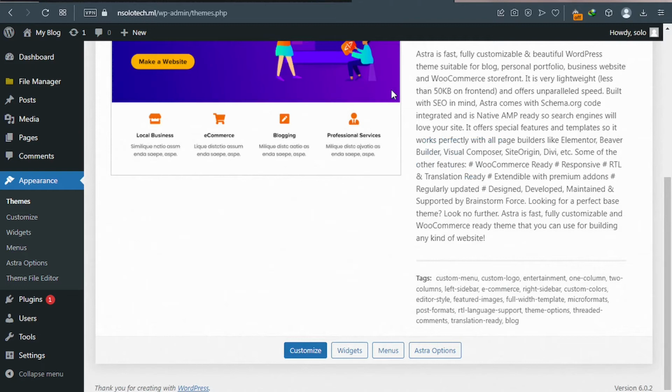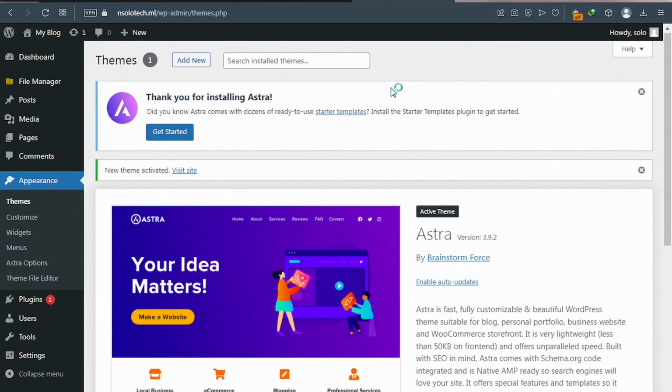Perfect. Now we are left with one active theme in our dashboard, and this is the best practice you can do on WordPress. It's always recommended to have only one active theme. So the next thing we're going to do now is to scroll back to the top, and then you can see Starter Templates. This is what we're going to be using to build our web pages. Starter Templates is made of dozens of templates we can use to build our website to help speed up our design process. So simply click on get started